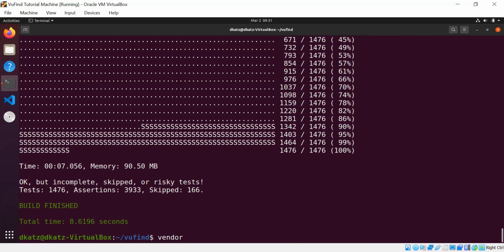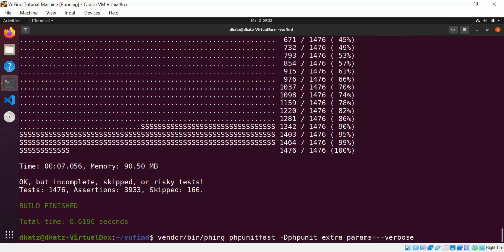As I mentioned, Phing has all of those properties which you can override as needed. And the way that you do that is with the -D switch at the command line. So if I say vendor/bin/phing phpunit-fast, there's a property in Phing called phpunit_extra_params, which is a way to just pass through additional parameters to the PHPUnit command. So I can set that equal to --verbose, which will put PHPUnit into verbose mode, so it will provide